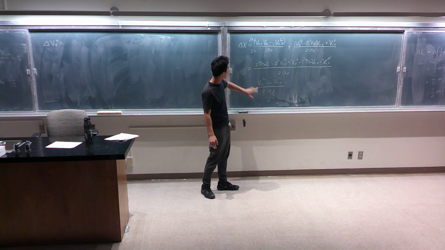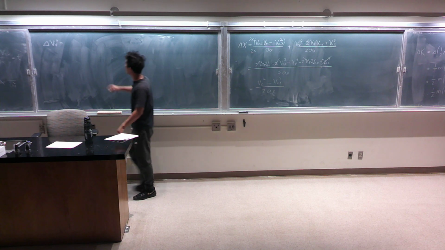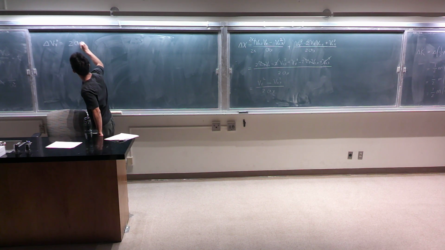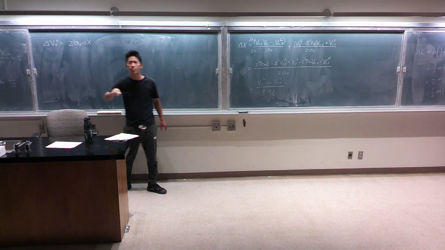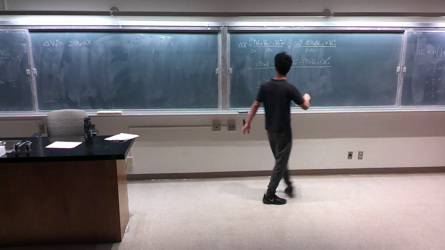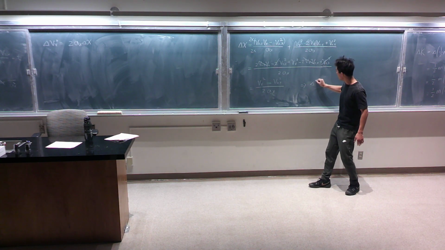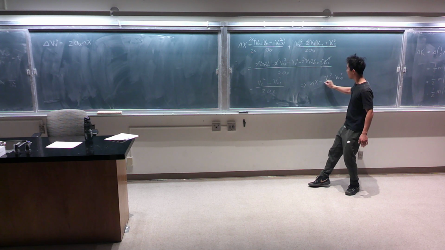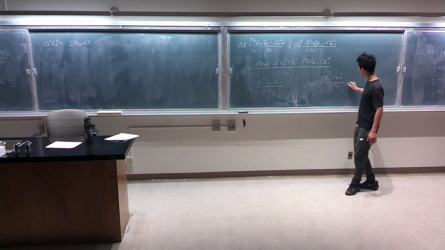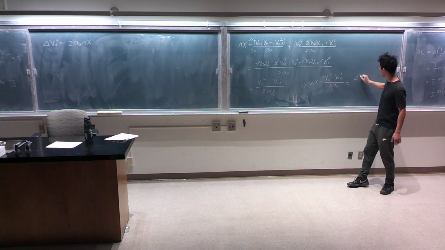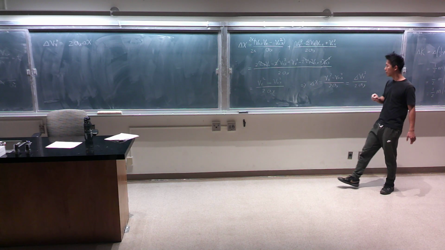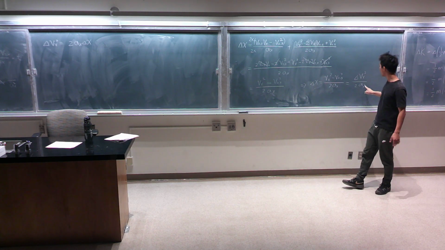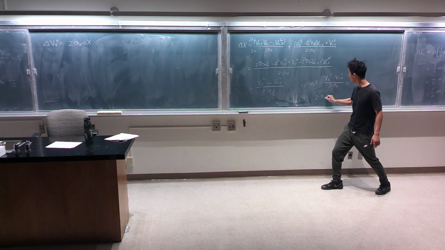I can multiply both sides with 2ax and get 2 times ax times the change of x displacement. Let me write slower. Delta x is this divided by 2a. The top is the change of x velocity squared. Okay? So if I multiply both sides by 2ax,